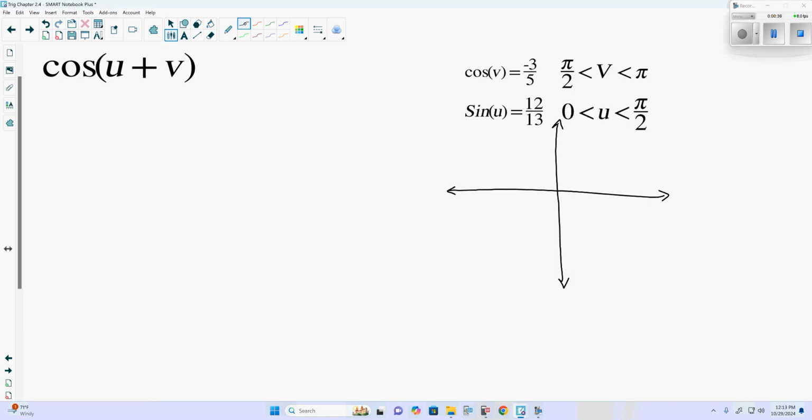Now, what they want us to solve for here is cosine of u plus v, cosine of alpha plus beta. According to the formula, cosine of u plus v is cosine of u times cosine of v minus sine of u times sine of v. So we get this just from the formula. So if we can find cosine of u, sine of u, and so on,